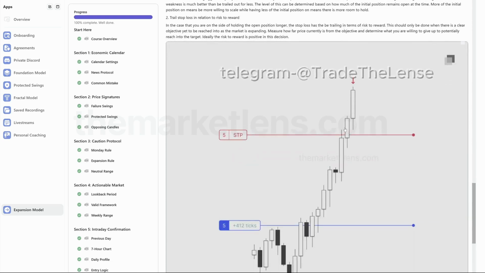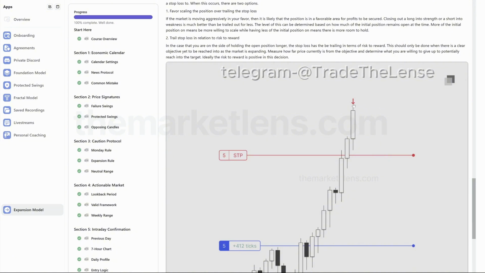So let's say the market is here, I already have some of my position off, and there's still an objective open higher. Let's say it's 30 points above. I don't want to have my trailing stop loss 80 points below, because I'm risking 80 points to maybe get 30 more. That risk to reward doesn't make sense. So you can try to trail it where you say, maybe I have 30 points left on this trade, and it makes sense to risk 30 or maybe less to try and get there. There's no defined invalidation, but in a risk to reward sense,